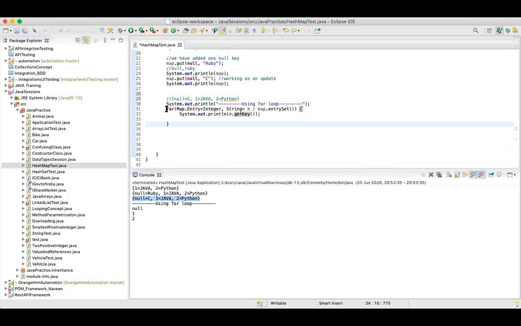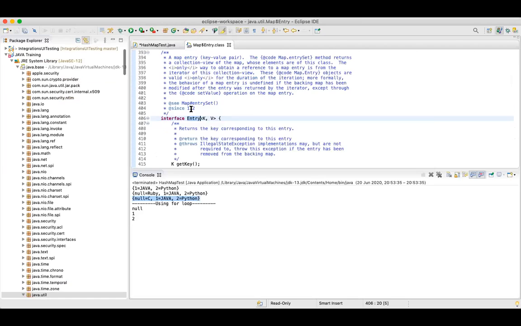So what I'll say is, there is a method using for, so here we cannot use the iterator one which we are using, right? Because iterator is applicable to iterable. Now this is a hash map. Here we have values in key and value format. We have a pair which is having key and value. So what I'll say is, map is an interface and entry is an interface. So I'll say Map.Entry.